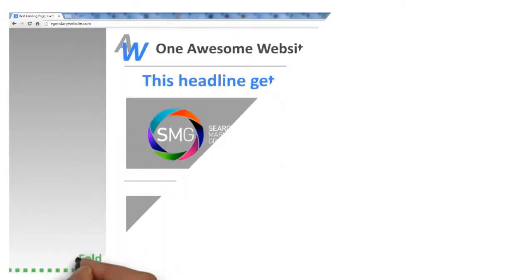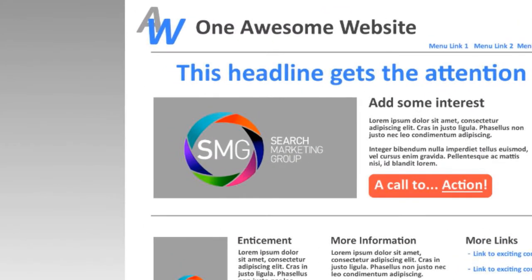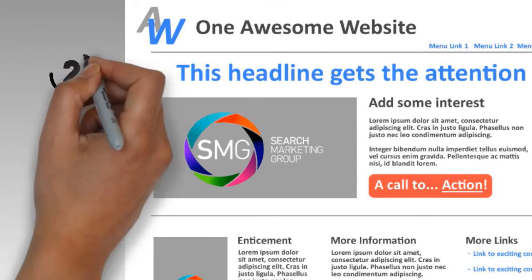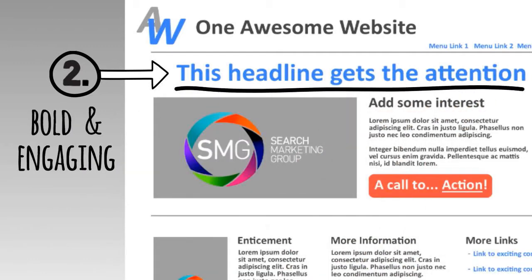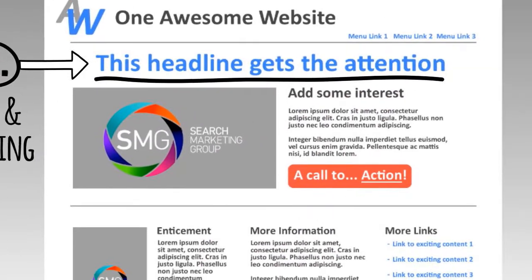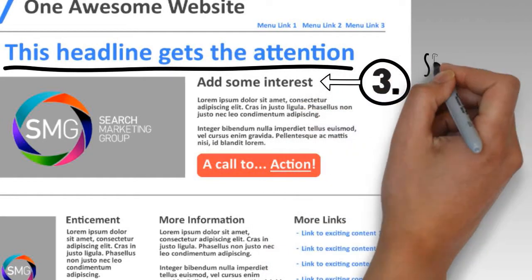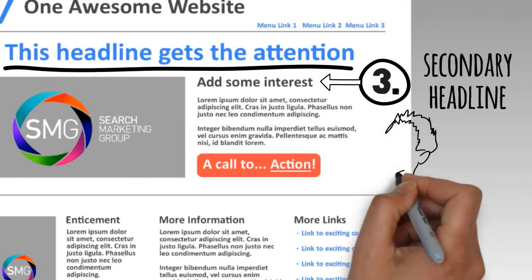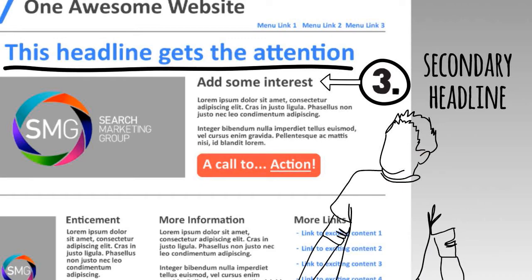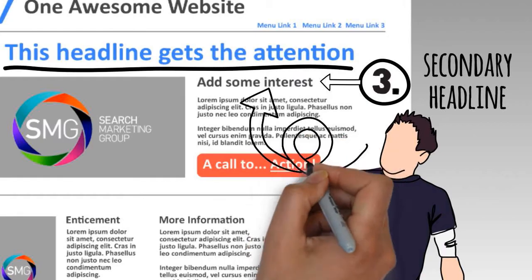Once you have the aim of the page clear in your head, you need to consider the copy on the page. First up is the headline of a page. This needs to be bold and engaging so that it grabs attention, and, of course, it needs to be relevant to the page. In the same vein, a secondary headline may be used to reinforce and develop the message of the headline. This is the first, and in some scenarios the only, text that a visitor will read. As such, you need to make sure it's compelling so that it leads the reader to engage further with the